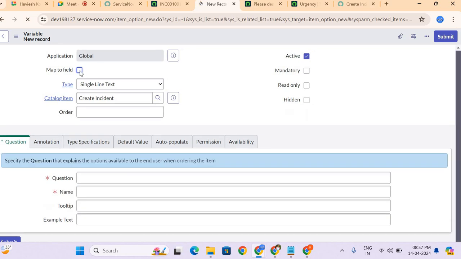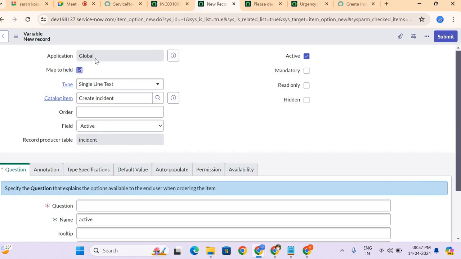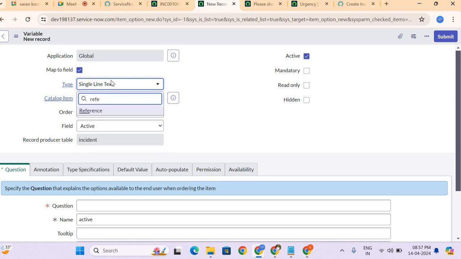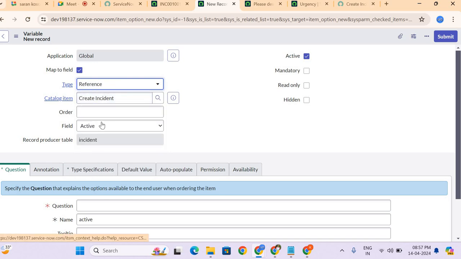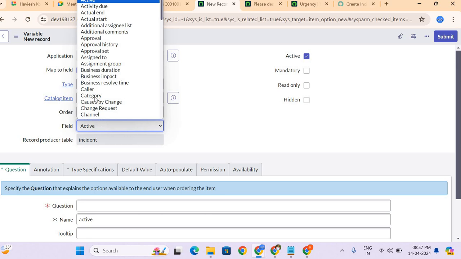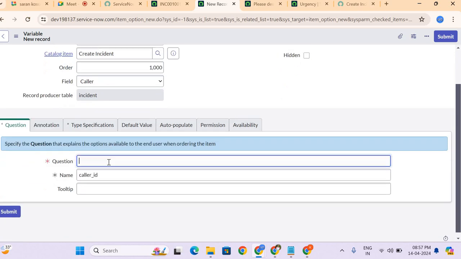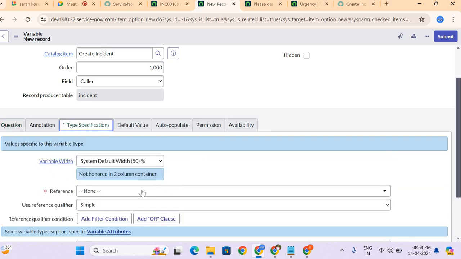As I have specified, I have to check this particular map to field and specify the same type, where my caller is a reference field. So I have specified the type as reference field, and let's say order as 1000, and here let's give requested for, and under the type specification.